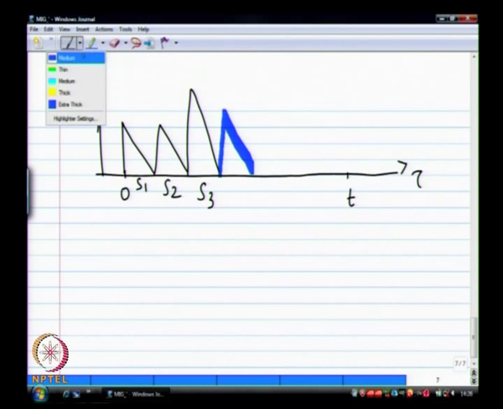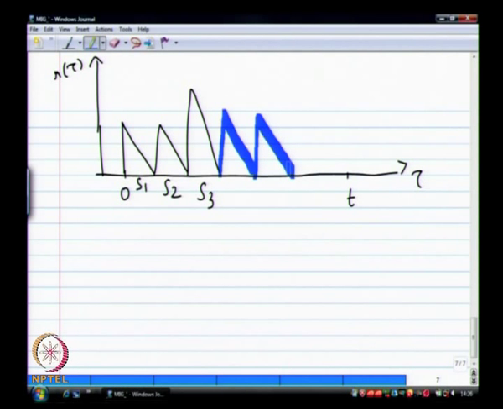If you want, we will draw one more V, though this is getting to be weird, it is actually the highlighter setting. I am not changing the pen color, so it is coming out like that. And then you have your regular service. So this is S4, this is V1, this is V2. This is just to show that in case the server comes back and the system is still empty, then it will continue taking vacation. And this packet 4 could have arrived anywhere, say somewhere here your packet 4 arrives.